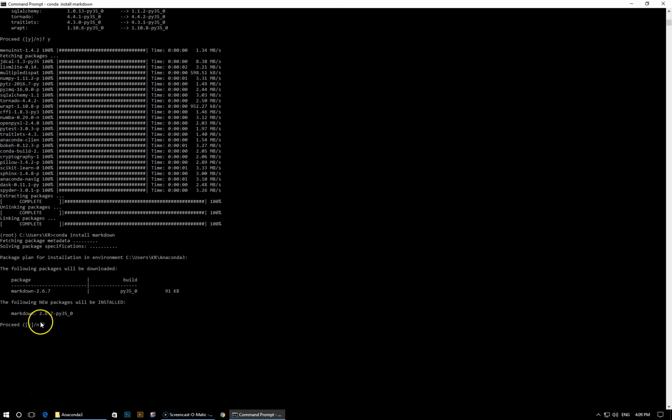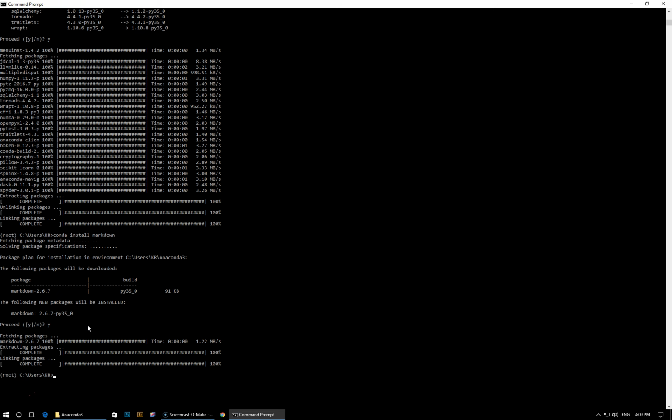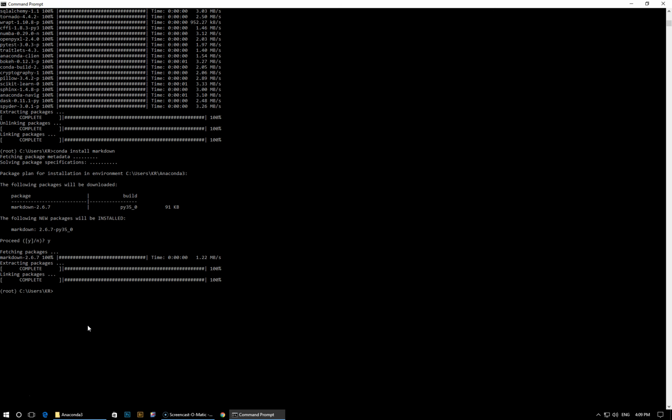You can see the following new packages will be installed, which means Markdown is missing. And obviously when it installs a new package, it automatically installs the latest version, so you don't need to run conda update Markdown after this. But I'm just going to press Y, as we do at every proceed prompt, and it's done. Let's try the next command, which is going to be conda install